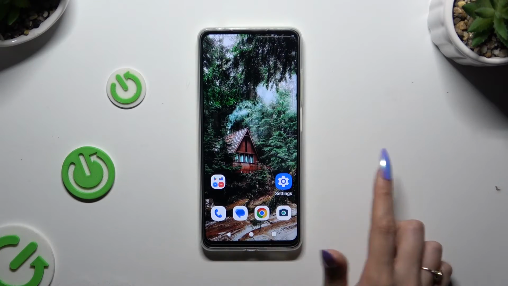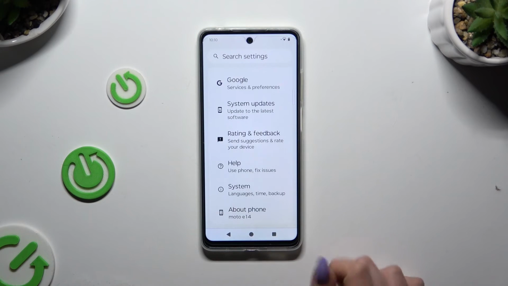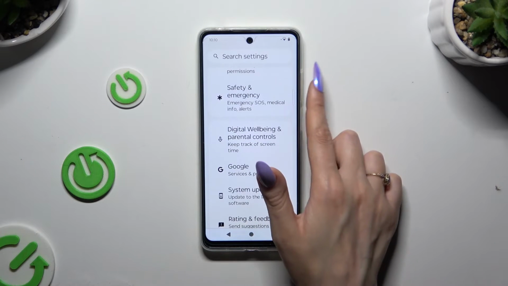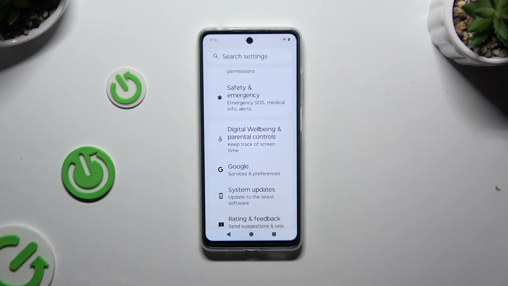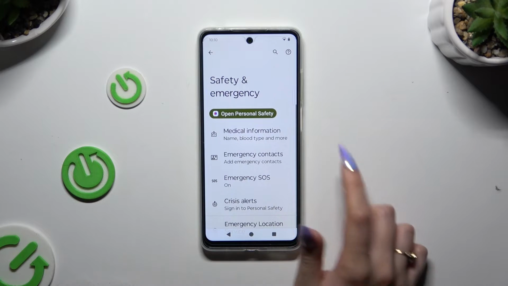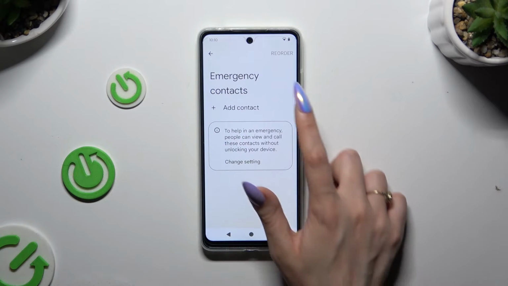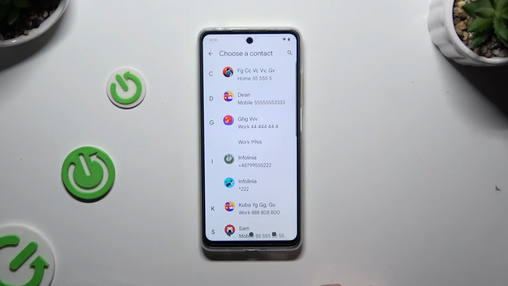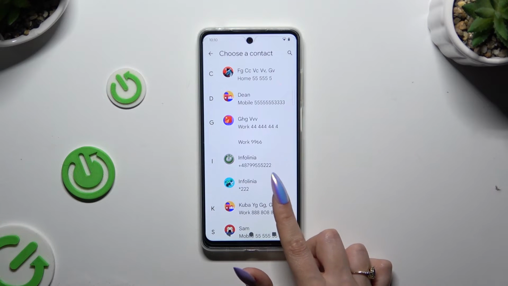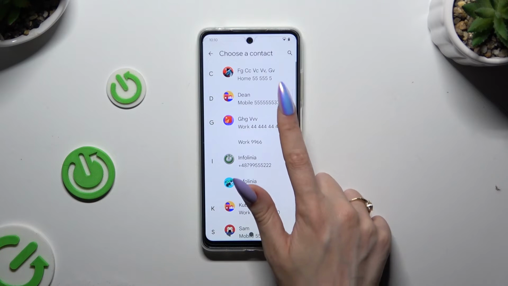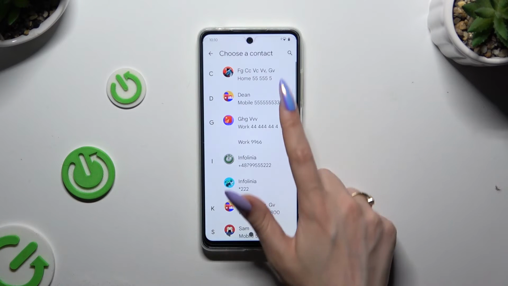Begin by opening settings and scrolling all the way down to find safety and emergency. Then tap on emergency contacts and select add contact. Now click on the one that you wish to set up and do exactly the same with all the other